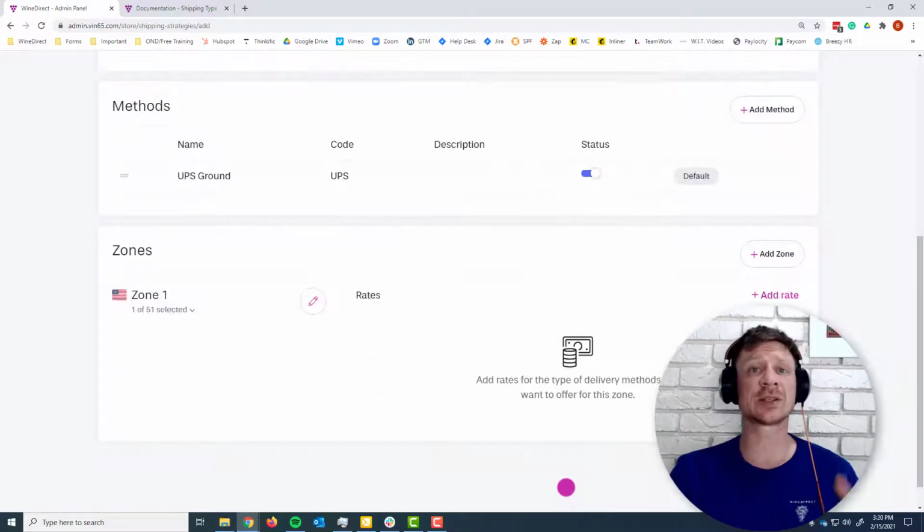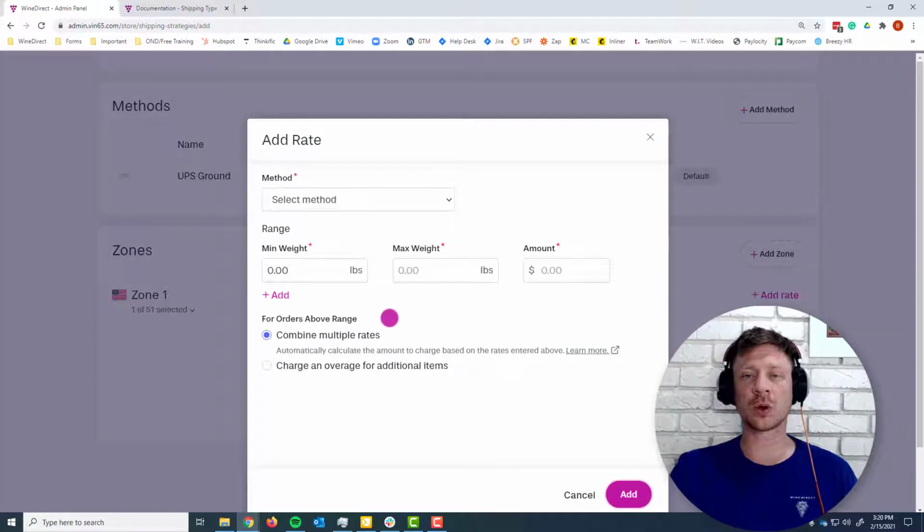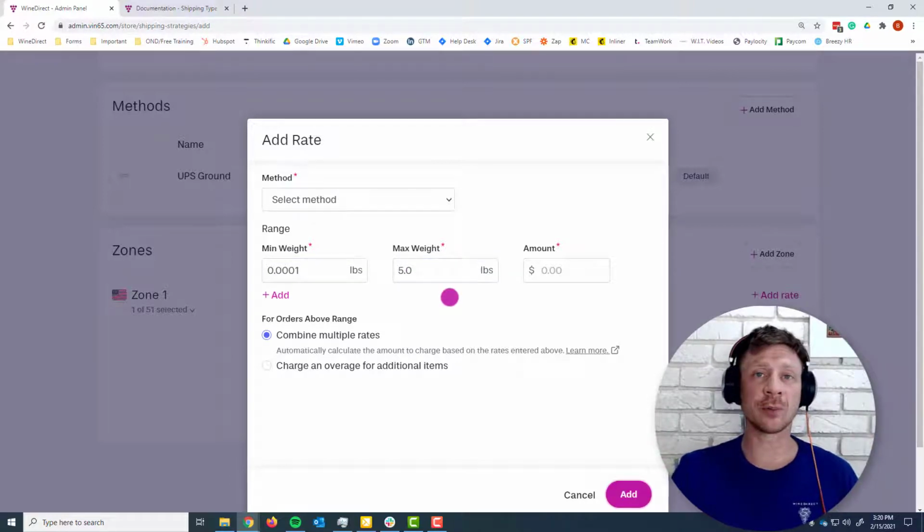Once you've created the zone and added states into it, now we can create the rates for that zone. We will select Add a Rate, and because we're working in weight, we'll define a starting weight and an ending weight, and then the amount of shipping cost for that weight range. In this case, let's select 0.01 and 5 pounds. Most bottles tend to be about 4 pounds,